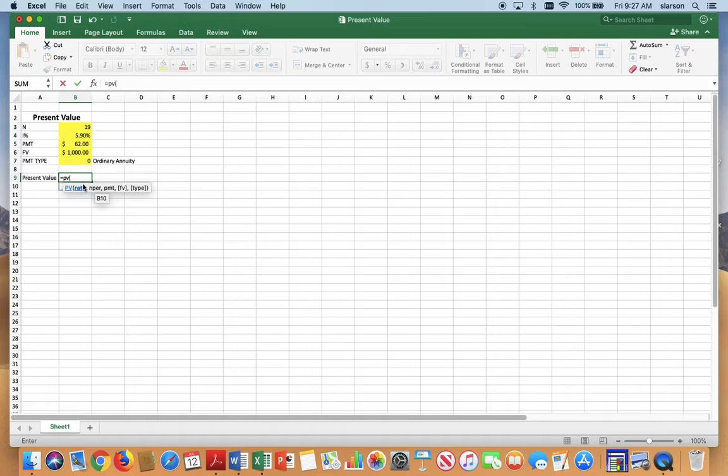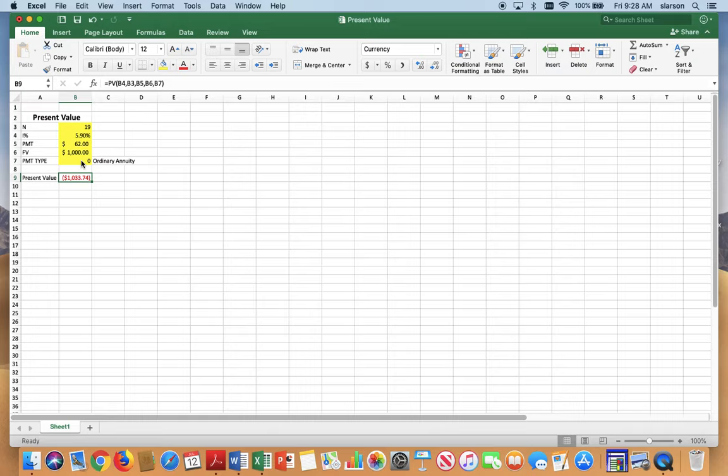It calls for the rate. Well, that's in cell B4. Then it calls for the number of periods. See that blue just highlighted there? That's in cell B3. Then it calls for the payment, cell B5. Then it calls for the future value, cell B6. And then it calls for the type that I just described, and that's in cell B7. And then close parentheses. So the value of that bond today is